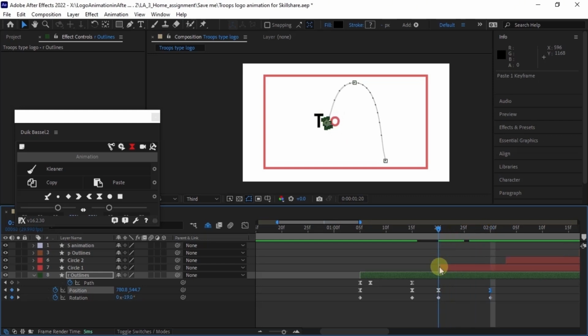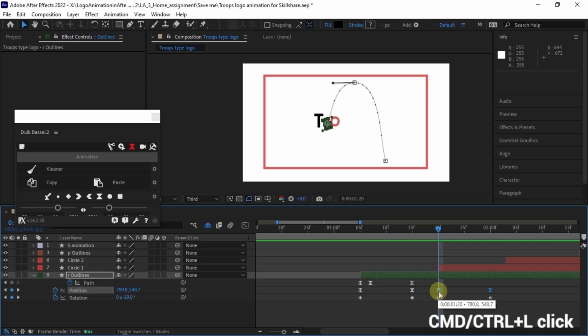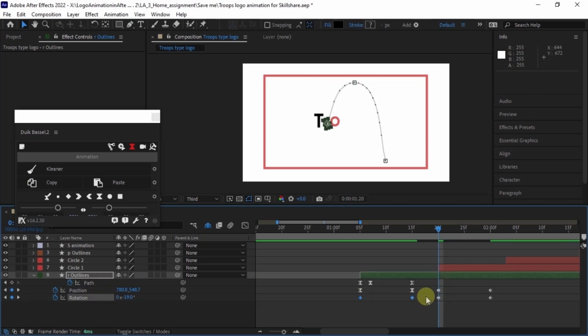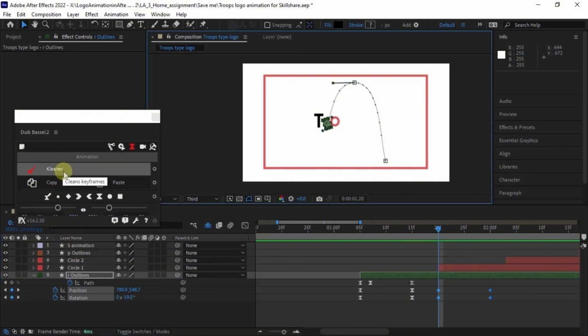And then go back here, select this one, and then just bring the position a little bit down by clicking on the arrows on my keyboard, just to give it that bounce, you know, just one touch on the down arrow. Select both these keyframes and we will apply expression to these as well. So select them both, hold Control or Command and remove the ease-ins. And now for the rotation here, I will apply some ease-ins. And then for those two keyframes, the position and the rotation, we will apply some dampen oscillation using the key